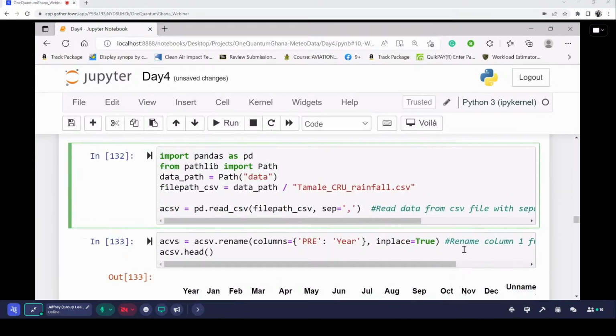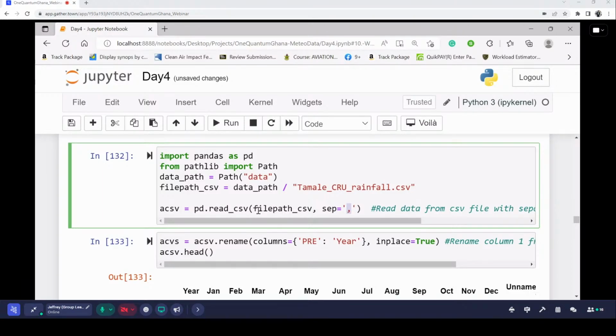Yeah, so I make use of pd.read_csv, and then I would specify the file path, or I'll specify the file itself in here. And then if there's a separator, I would indicate the separator using this keyword sep. And in this case, the separator is we use commas to separate one column from the other, so we specify